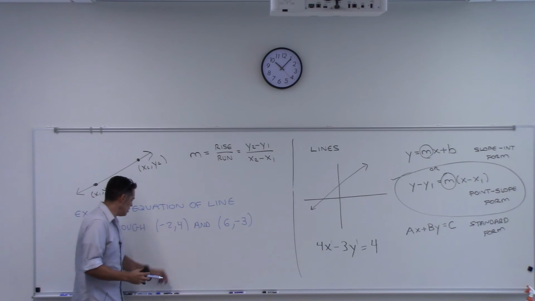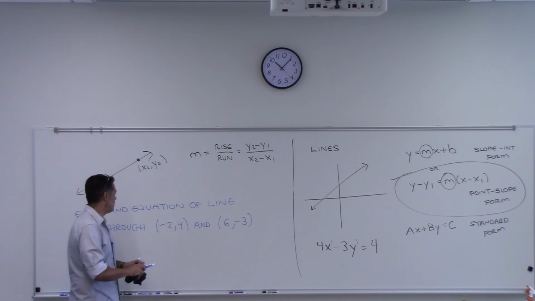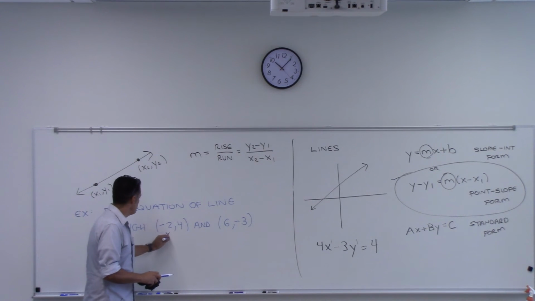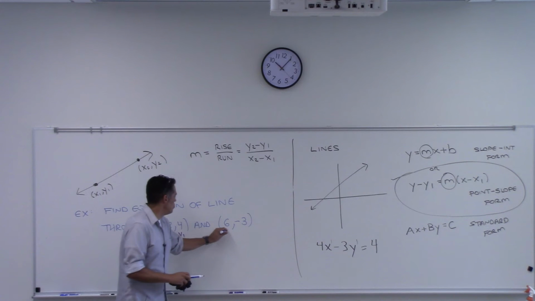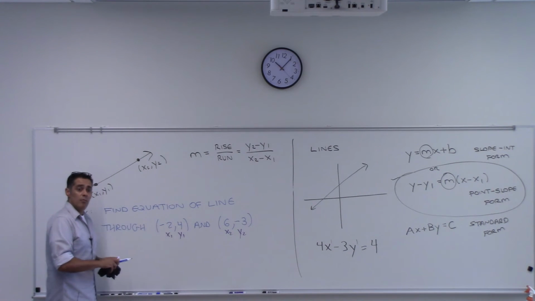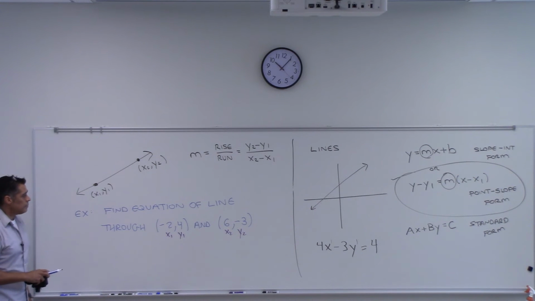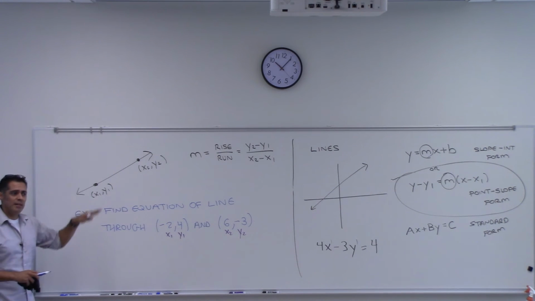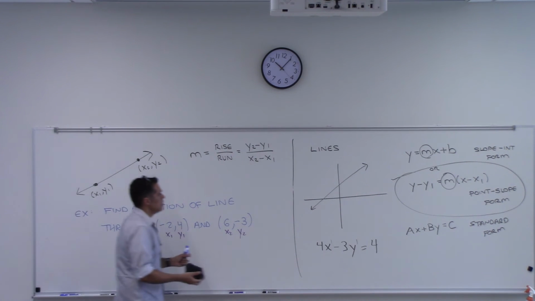Okay, just label these. Call this first one, I don't know, x1, y1. Call this one x2, y2. Okay, and then what am I going to do with that? Find the slope. Okay, let's find the slope of this line. So to find the slope,